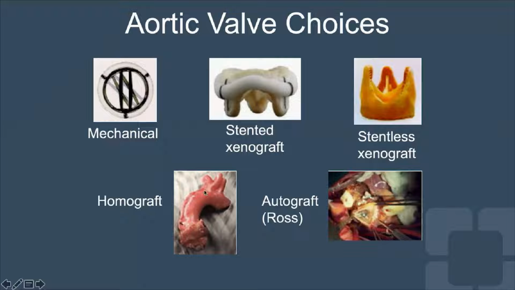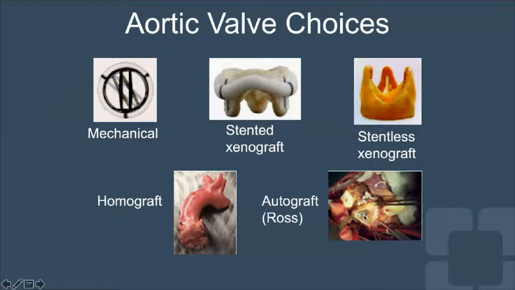Homografts from cadavers have also been used. However, these are more complicated to place and have the same or, if not worse, durability than stented grafts, and these are now used mainly in patients who have endocarditis. The Ross procedure is another operation that can be done, where you're taking the patient's own pulmonary valve and